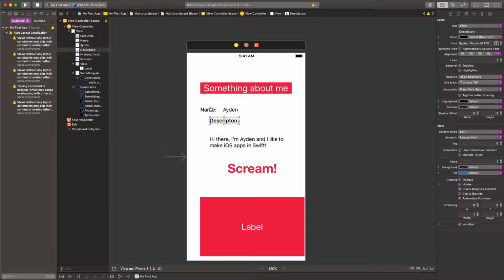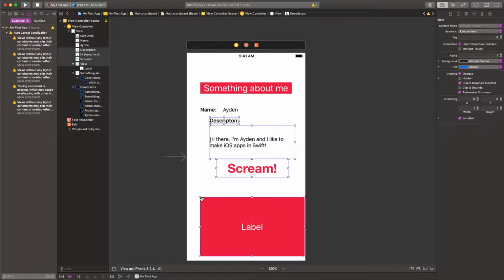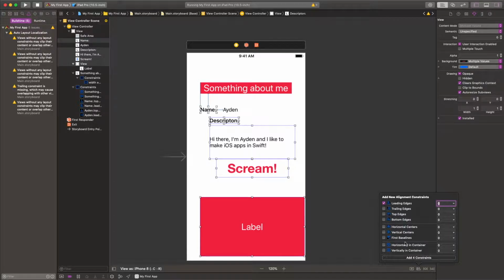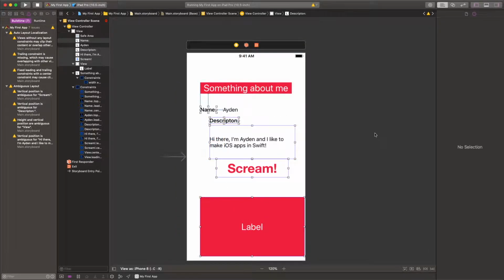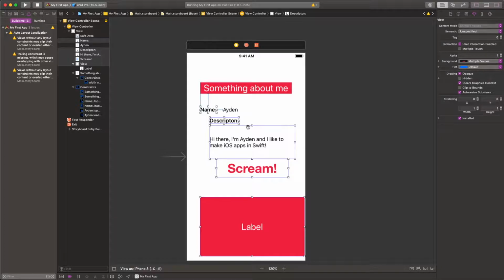The description, this one, the screen label, and my big view, they're all going to have, and I'm going to select the name as well. Those ones, we're going to align the leading edges, and we're going to center them all horizontally in the container. Add those constraints. Oh, not quite what I wanted there. So if I just undo those constraints that I added by doing Command Z,